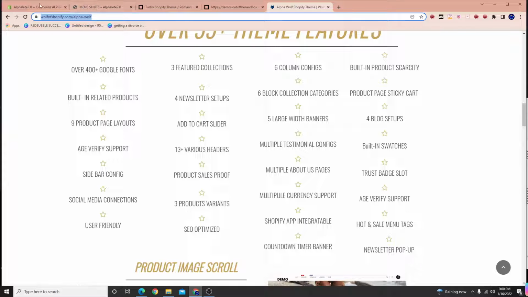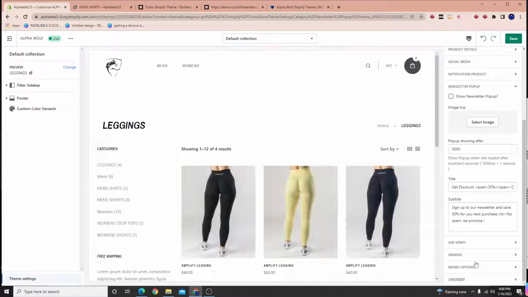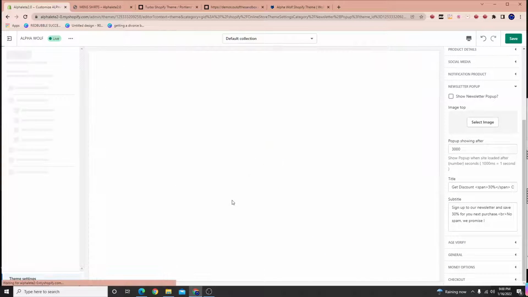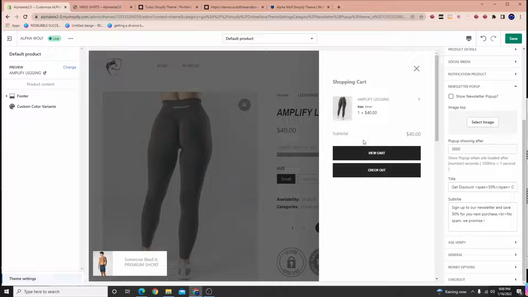Alpha, you're looking at a little bit more features. And this is just a short example. Obviously, I won't be able to go through all the features here, or else this video would be hours long. But a good example of this is when you add the product to the cart, you get this slide cart. What the slide cart does is it gives you one-click checkout. So what one-click checkout is, and this is another feature of the Alpha, is when you get the slide to pop out,